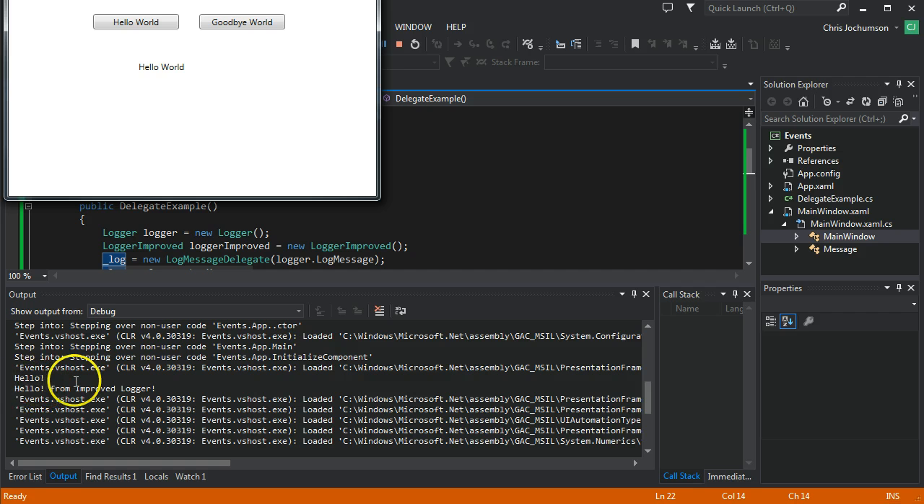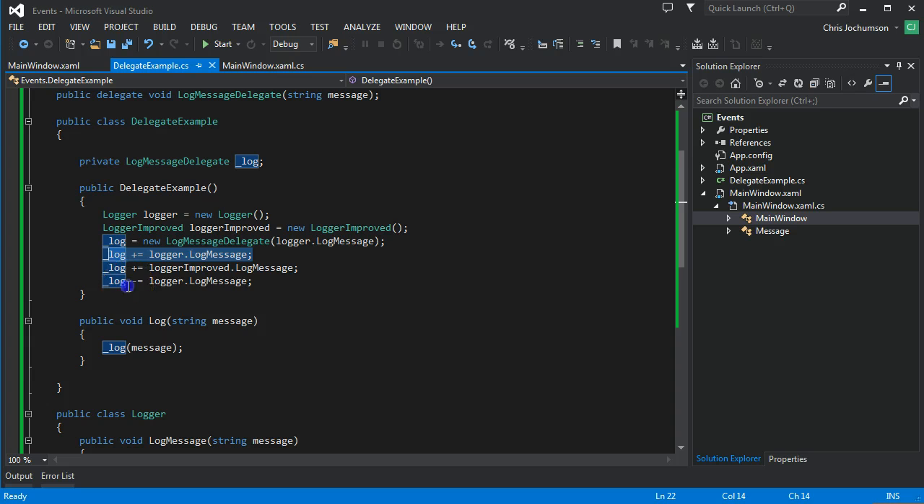So let's go ahead and run. And you see we just get hello, and then we get hello from improved logger. So you can see it did actually remove one of those here. So it was as if this never occurred. So next we'll cover events, but before we wrap that up,